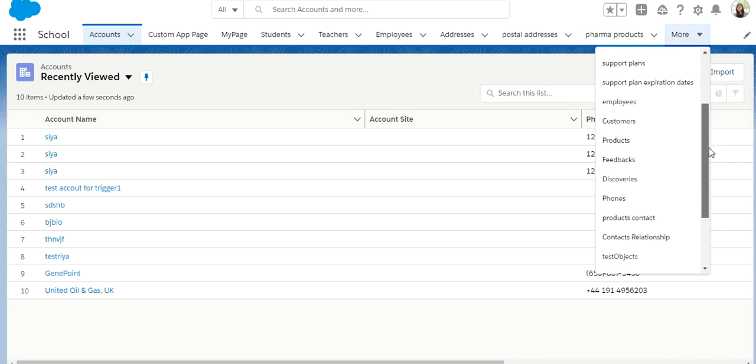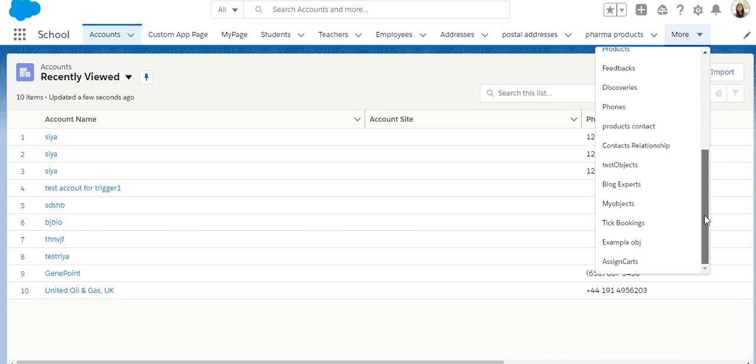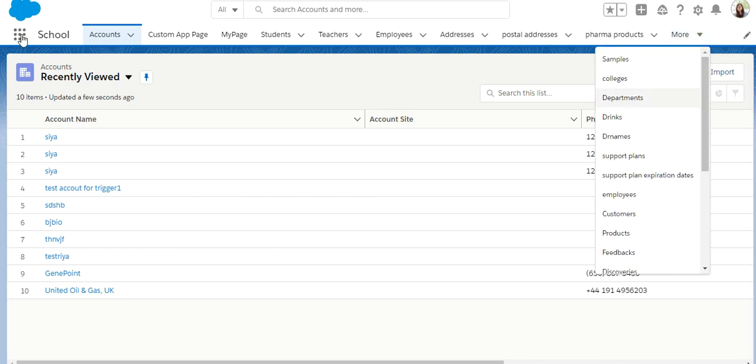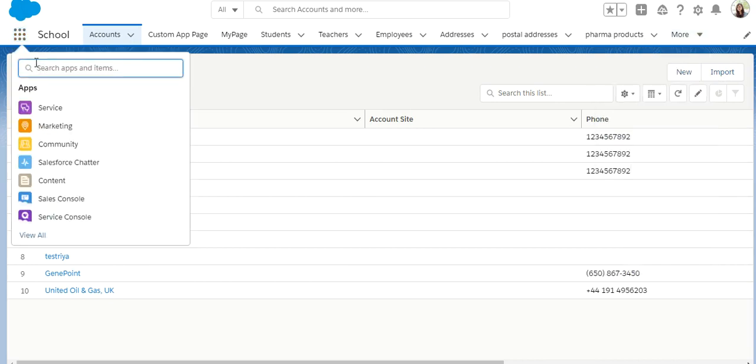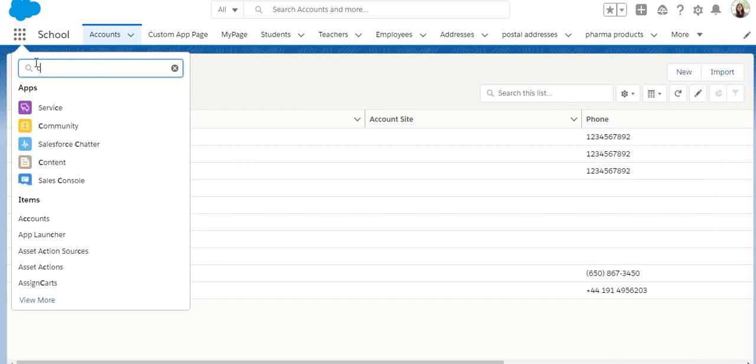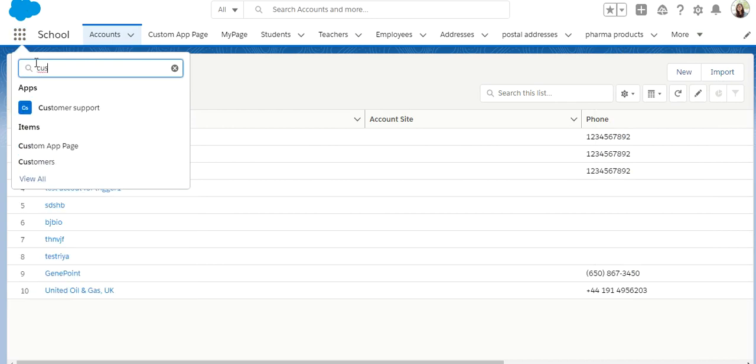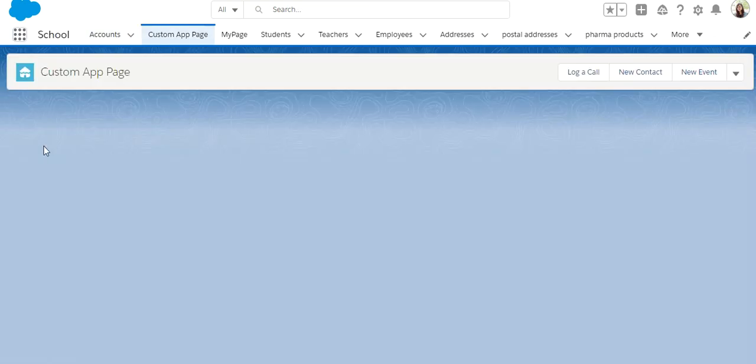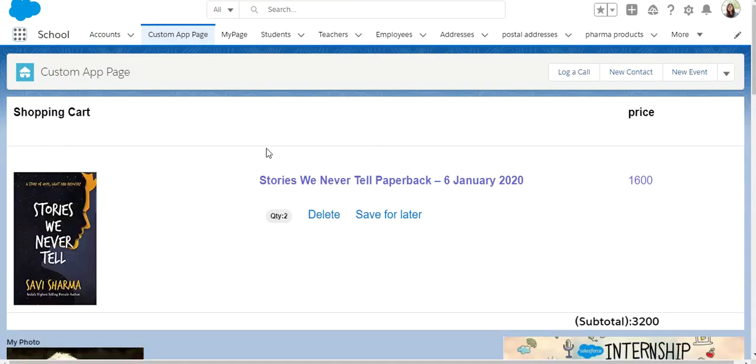I have to search for custom app page. It's not showing here. Let's search here. Custom app page. Okay, so see, the page which I have created is here.